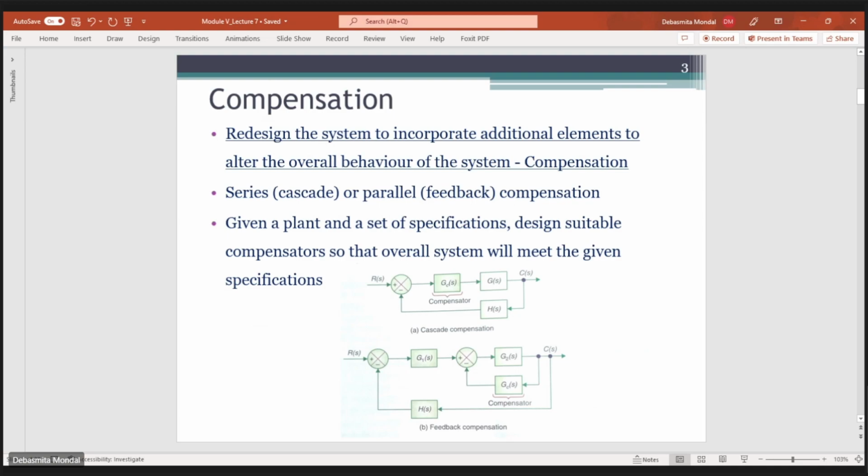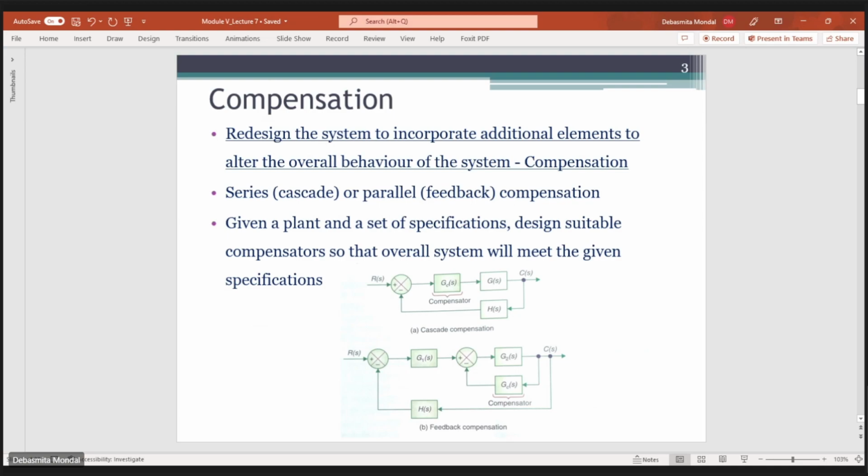This is the basic circuit for a lead compensator. A lead compensator has one zero and one pole. The zero is at s equals -1/tau, and the pole is at s equals -1/(alpha tau). If you draw that in the s plane, you have the zero over here, which is -1/tau, and you have a pole somewhere over here.